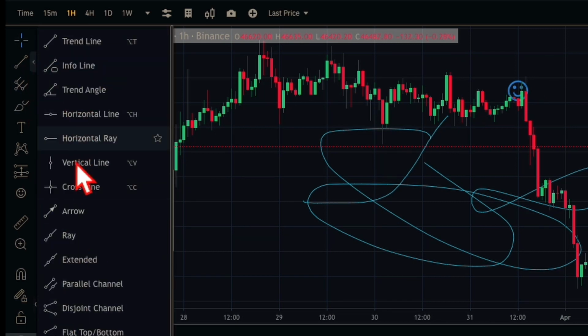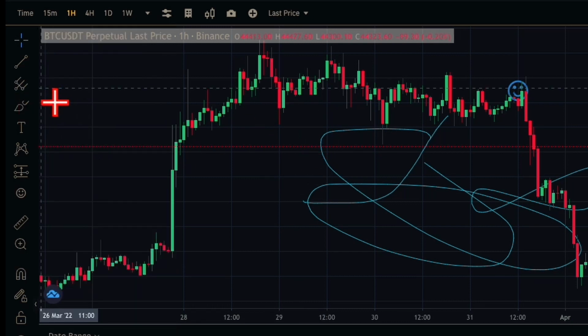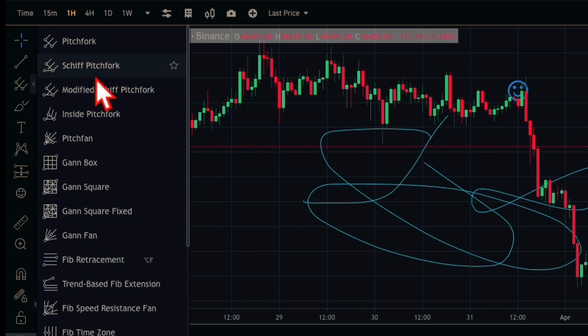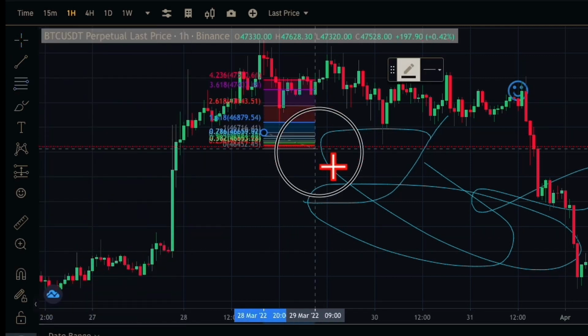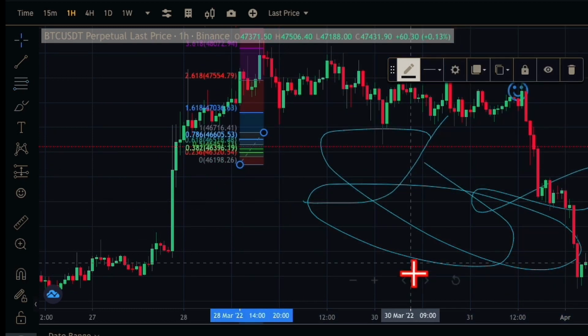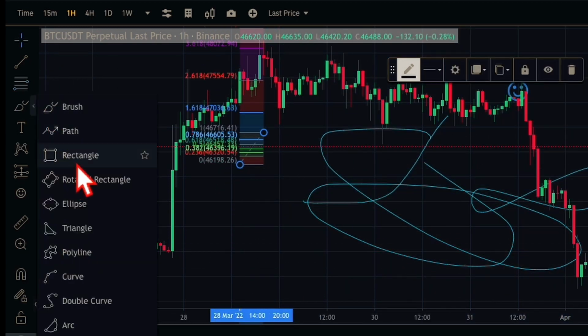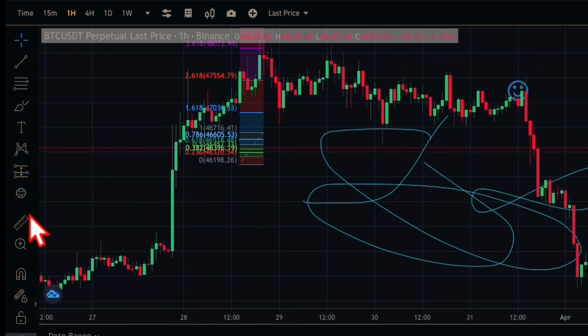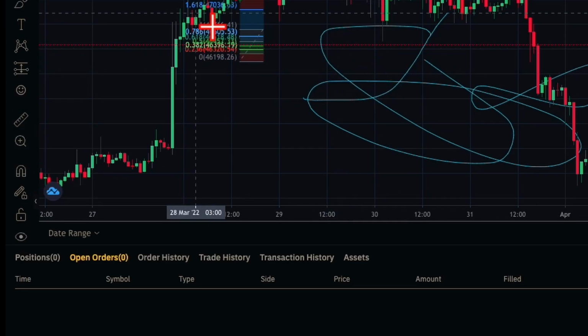See, there are different lines, different things you can use to make your trading easier for you. And all of them is similar to what you have on TradingView. You can pick any of these depending on the one you use. See Fib ratio, Fibonacci retracement, if you're interested in that. So as you pick each of them, in order to understand your trading patterns better, they are all available here to make you understand your trading patterns better. So depending on what you use and what's available to you.